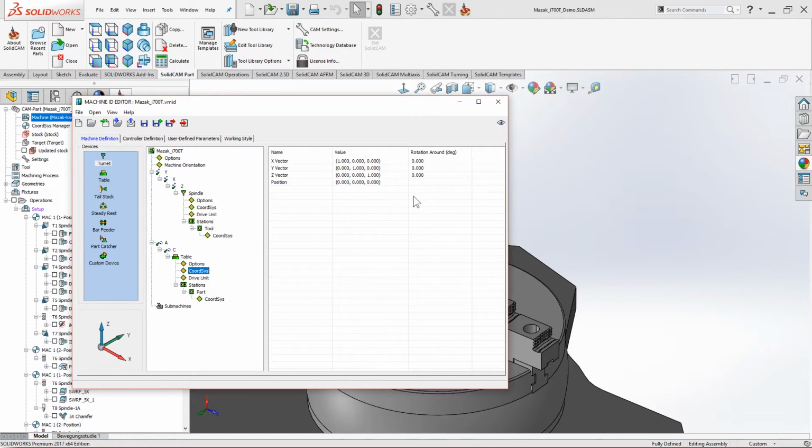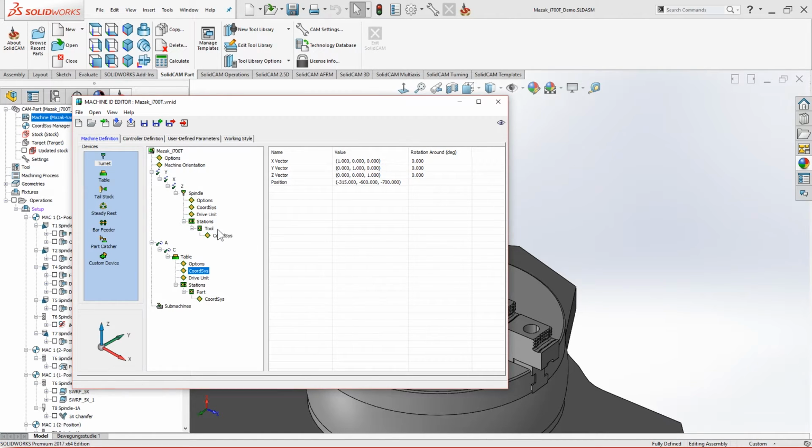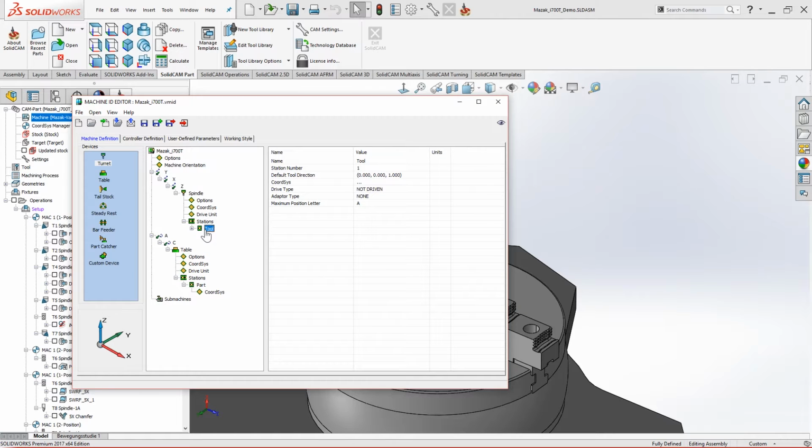Okay, so I'll just go to the coordinate system over here and I'll put my Z on -700. On the Y, if I'm not wrong, it was -600, and on our X it's -315. Perfectly. Alright, I'll just go to my tool itself and I'll talk a little bit more about parameters that we can